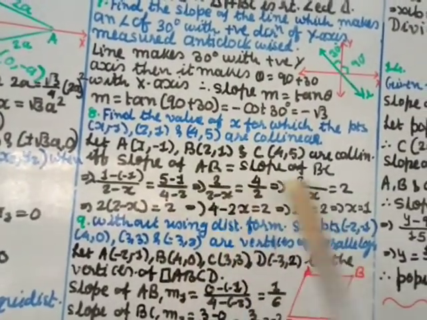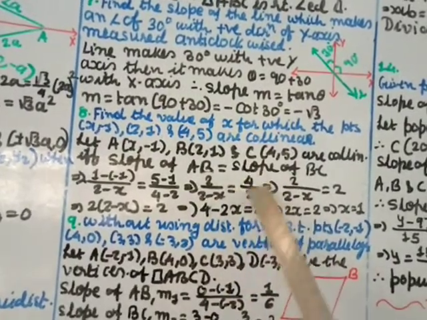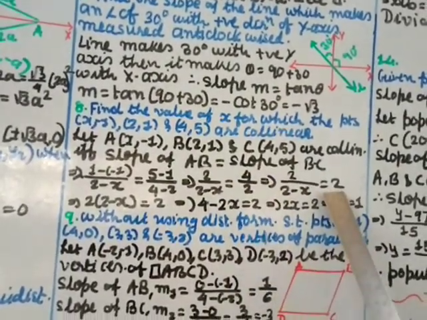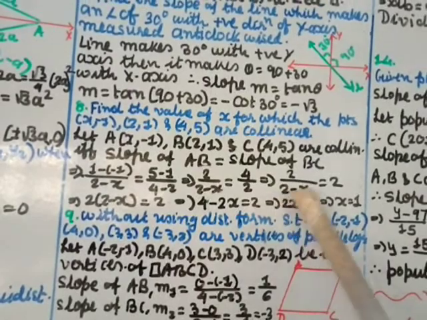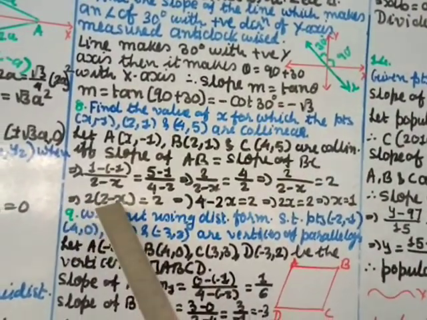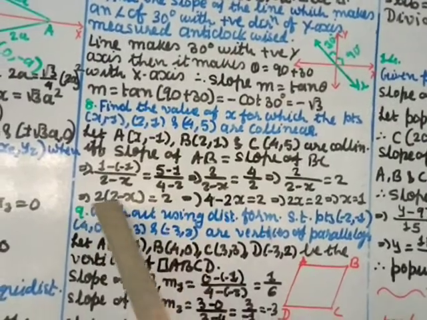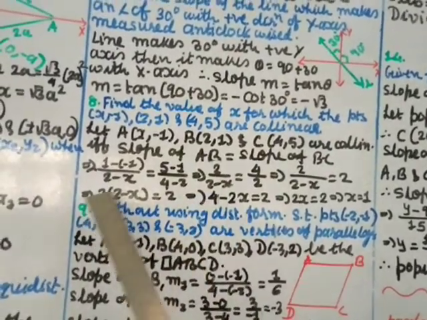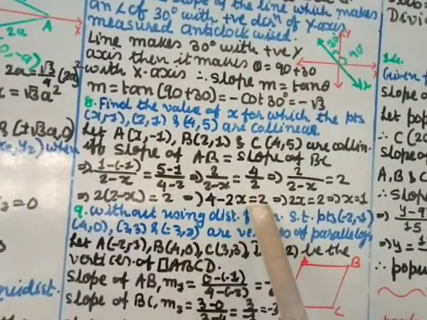So here 2 as it is, 2 minus x as it is, and here I cut by 2, so you get 2. Now transfer the 2 minus x to the other side with the 2 remaining here. So you multiply: 2 into (2 minus x) equal to 2. Multiply inside: 2 into 2 is 4, minus 2 into x is 2x, equal to 2.